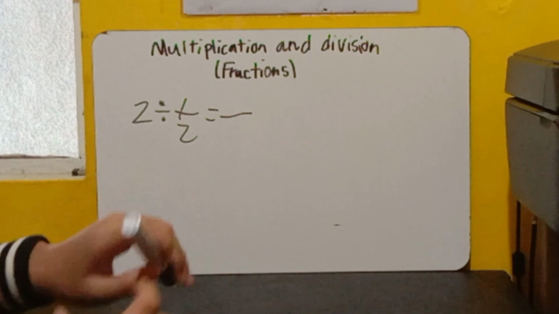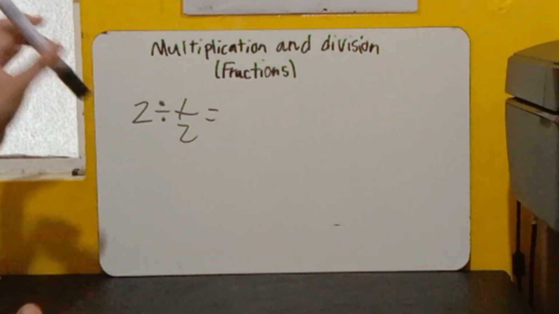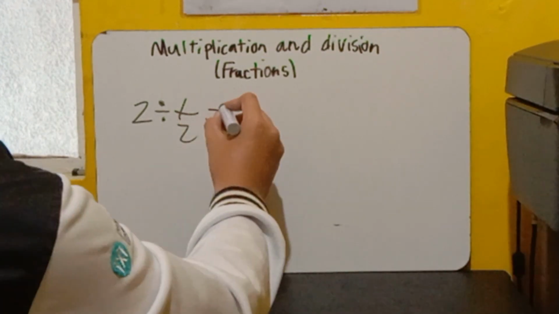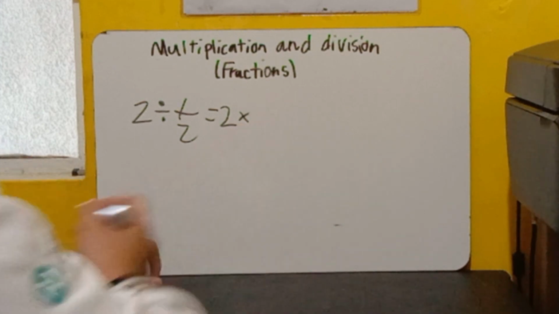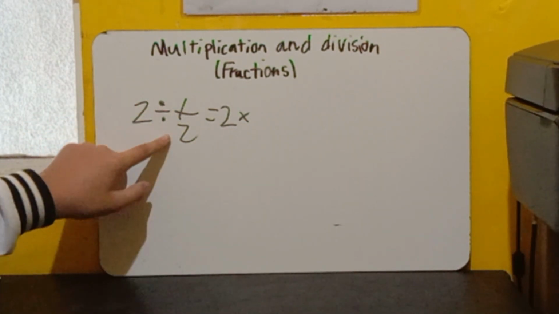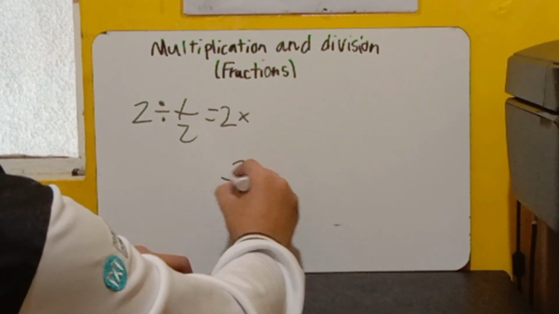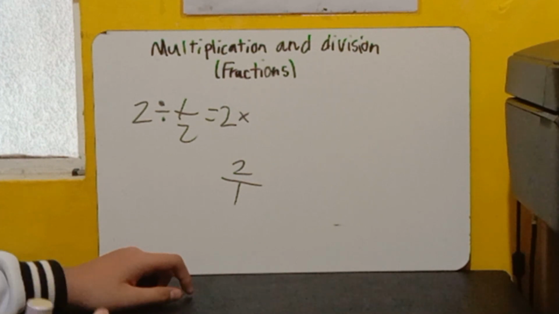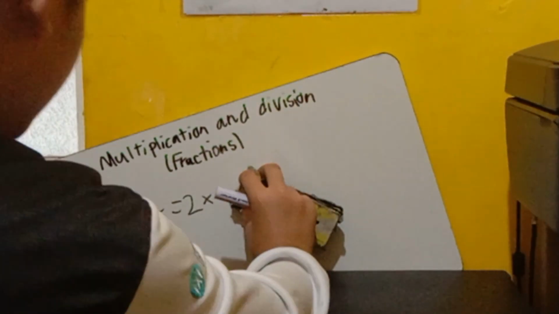Okay, so 2 divided by 1/2. We convert this to multiplication, right? So we put 2 times the reciprocal of the number 1/2. The reciprocal of 1/2 is 2 over 1. But since we don't really need to show the 1, we just put